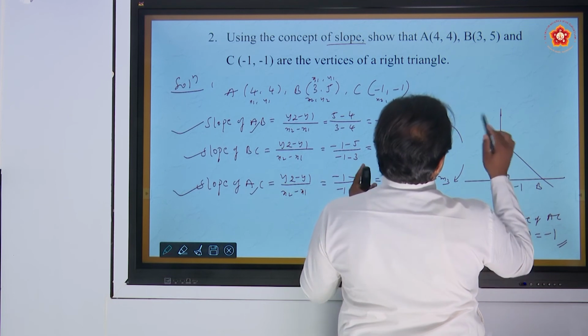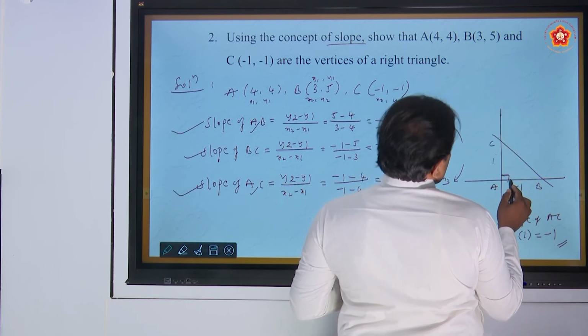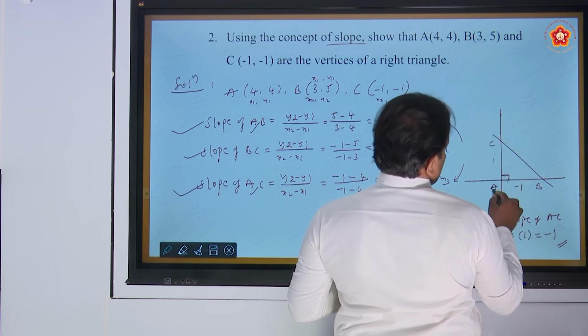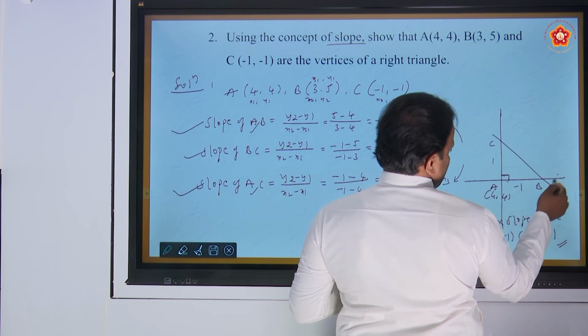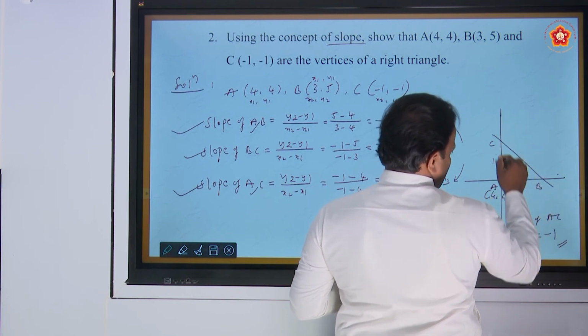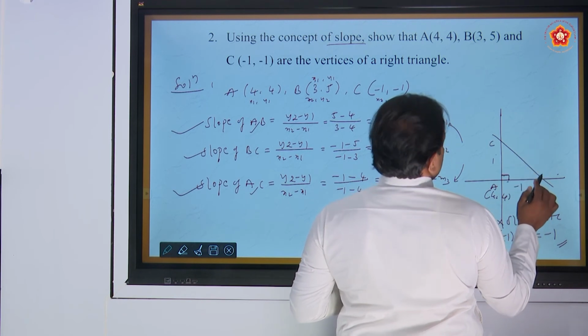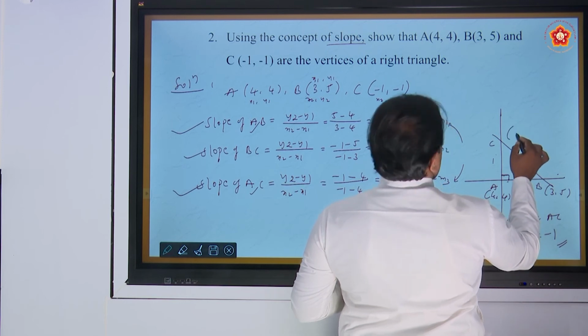A vertex is given here. This one 3, 5, like that. And A vertex is given 4, 5. This is 4, 5. This is not the x-axis. Don't consider it. I drew the rough figure here. If you take this axis, this becomes the origin. Just a rough figure. You can remove it, only keep the triangle, no problem. Don't get confused here. B is 3, 5. And C is minus 1, 1.